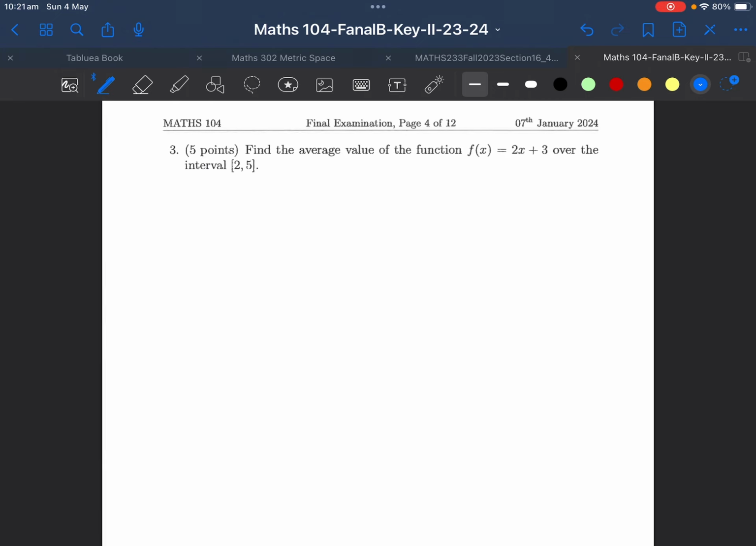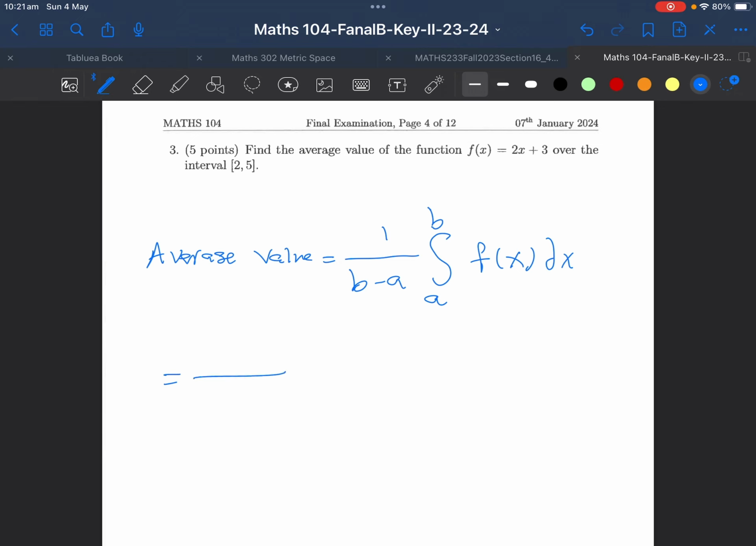Let's go to the next question. Next question, we need to find the average value. So there is a formula for the average value. We just need to write the formula and we apply it. The formula says the average value is 1 over b minus a, integral from a to b, f of x dx, which will give you b is 5, a is 2, and then you have integral from 2 to 5. F of x is just 2x plus 3 dx,